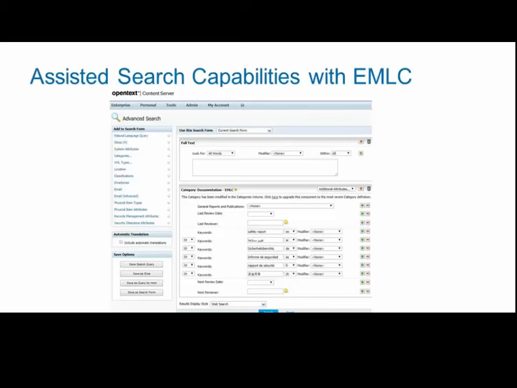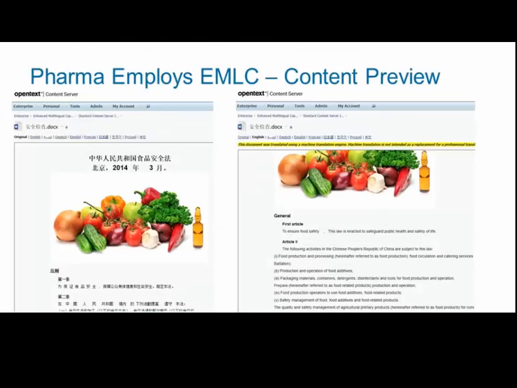So we have the multilingual metadata. Maybe I tag it in my own language, but then regardless of my language, other people can find it with their own languages. And then we have the search, which allows it not only to find it based off of the metadata, which is translated, but also on the content that's translated. But then the third main feature that we're going to show is this content previewer.